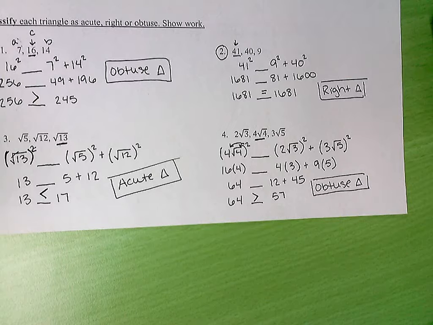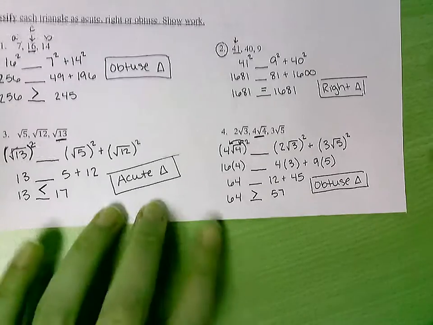Questions on how I did this one? So when you have problems like this, make sure you do distribute that square. Okay, those numbers are multiplied together, so you need to distribute that square. All right, so looking at the back,